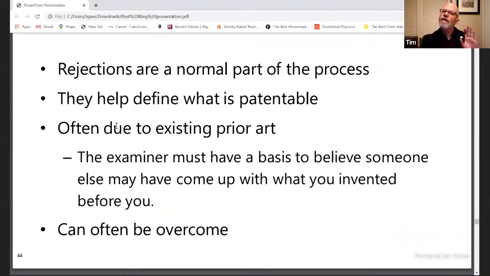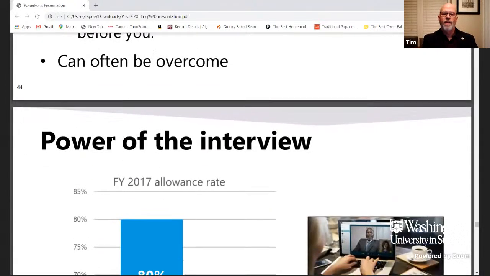We can focus here on rejections unrelated to prior art, what examiners refer to as the definiteness of the claims, whether they set forth the claims sufficiently clearly that you could readily determine the scope of the claims. If I wanted to do something, can I look at your patent and say, gosh, what do these claims mean? If the examiner thinks that can't be done, they can reject your claims on that basis, and they can also reject the claims based on prior art and what they find. You then, of course, have an opportunity to respond, and there are actions you can take to overcome or argue all of these issues raised by the examiner.